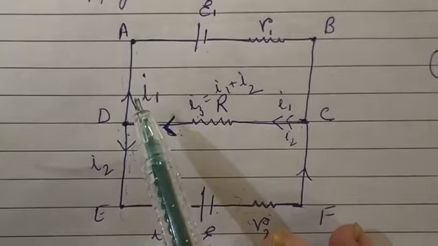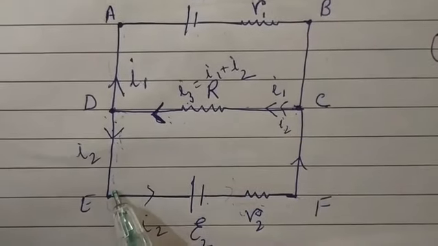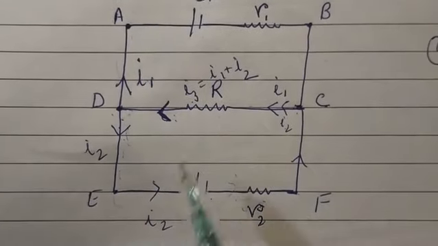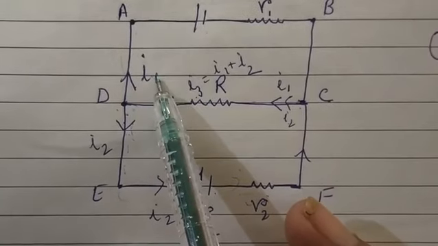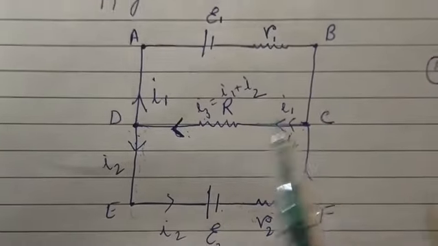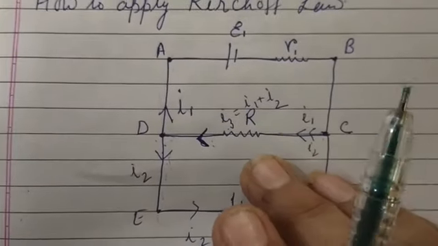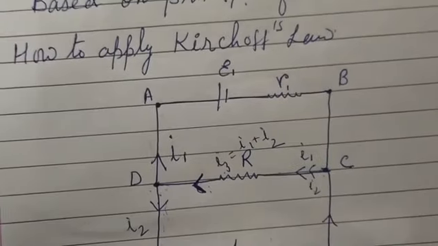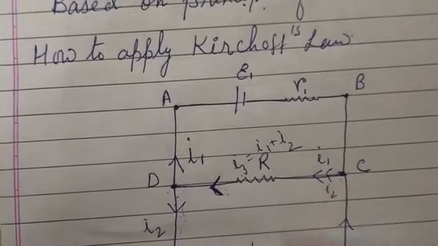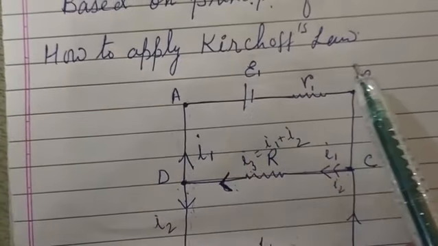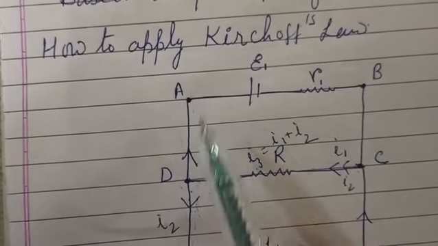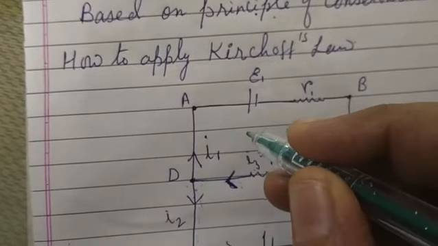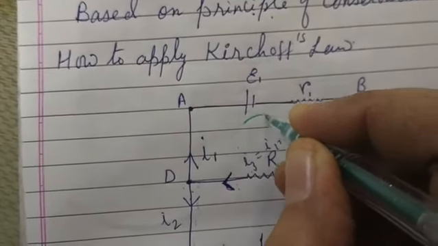Suppose we have to find the current in each branch, I1, I2 and I3. I3 is equal to I1 plus I2. So if we get I1 and I2, we can find I3. For finding the two different currents, we need two equations. The direction of calculation we take by our own convenience, either clockwise or anti-clockwise, in a closed loop, but the loop should be closed. One loop is A, B, C, D. Here the direction of calculation I am going to take is clockwise.